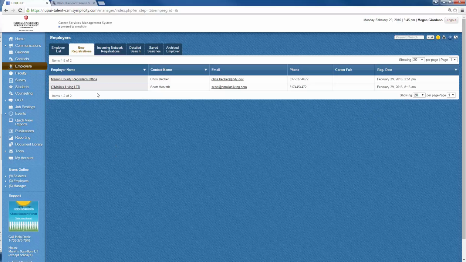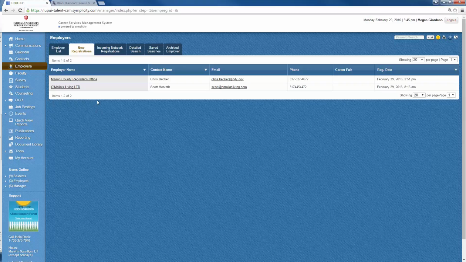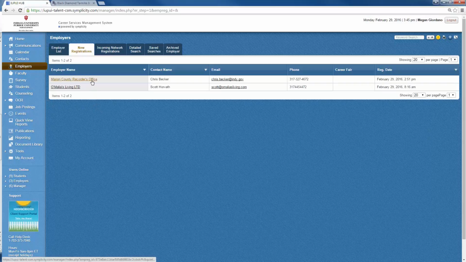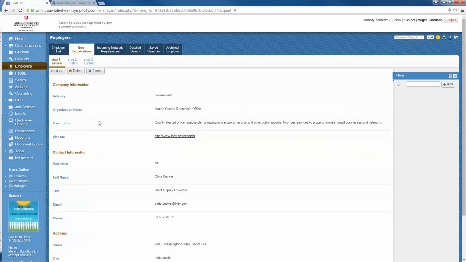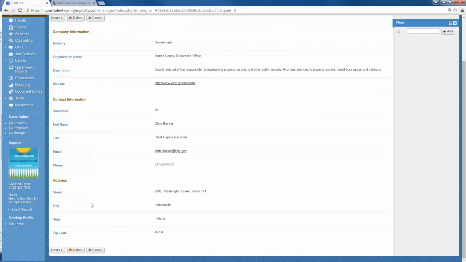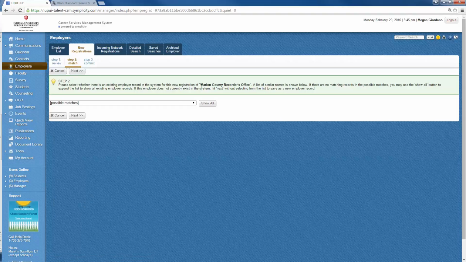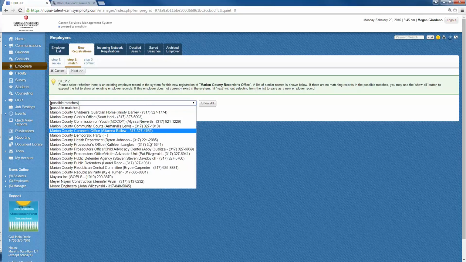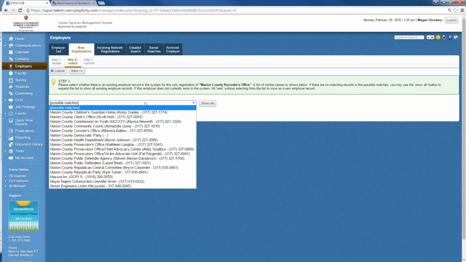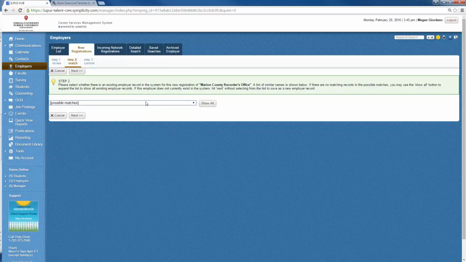Let's look at these next two to indicate other possibilities of what could happen in the matching stage of approving an employer. I've gone through and checked the websites and information for both of these next two employers, so we'll go through this and just hit Next. Now in this stage, our company name is Marion County Recorder's Office, and in the drop-down menu there's a lot of Marion County information. None seem to be identical at first glance, so if you ever don't see a company that pops up in this drop-down menu that's identical to yours, always select Show All